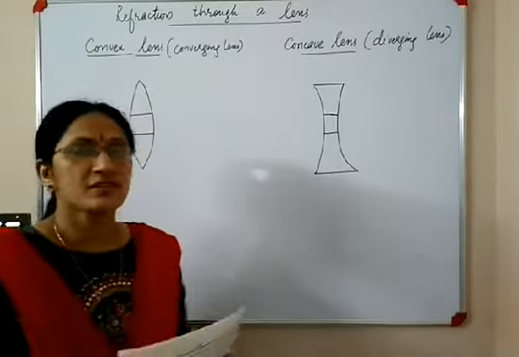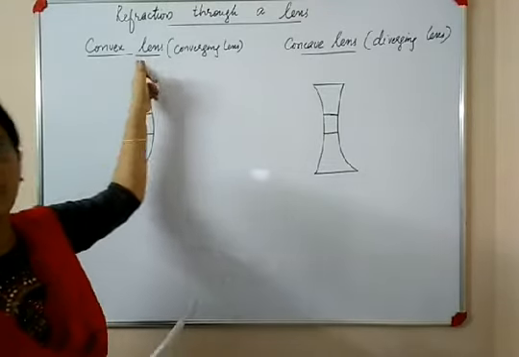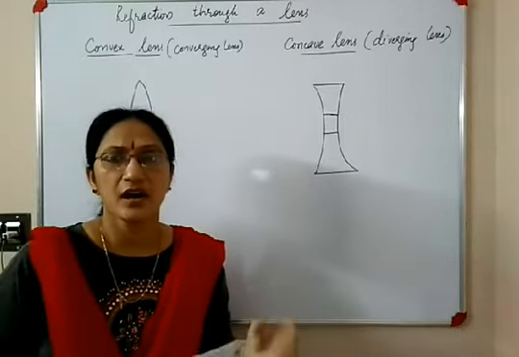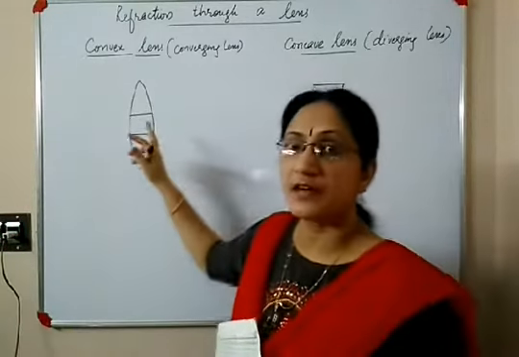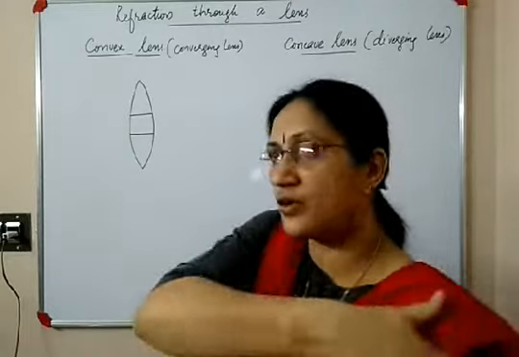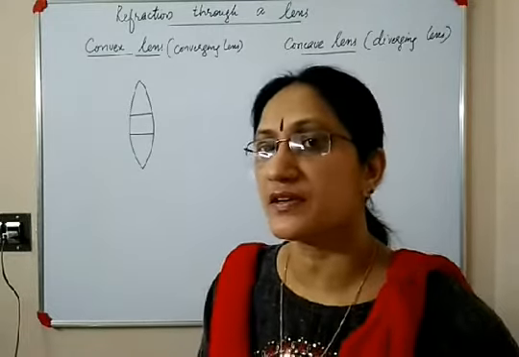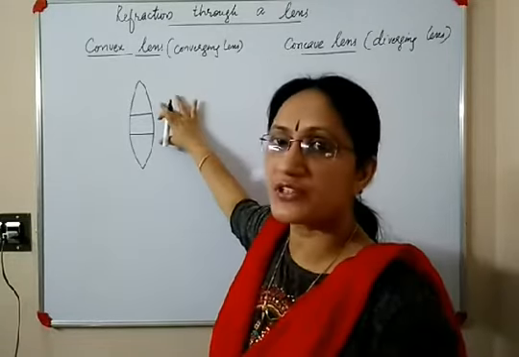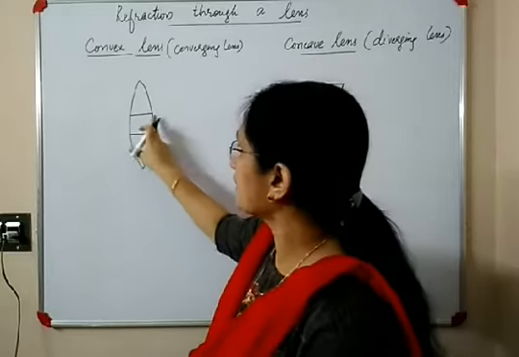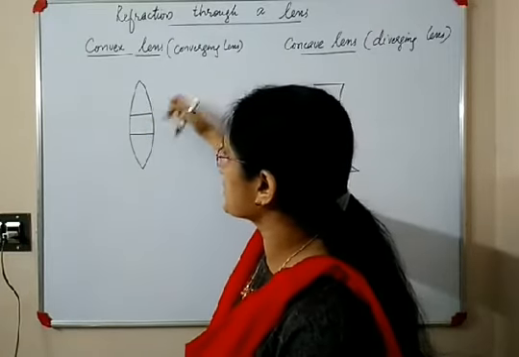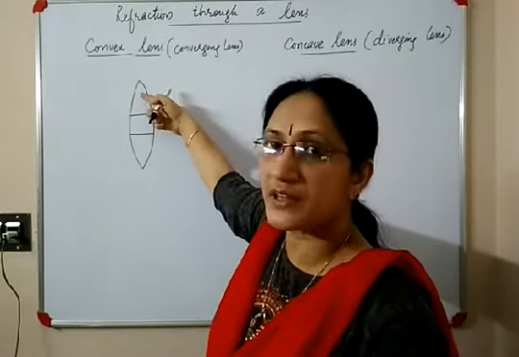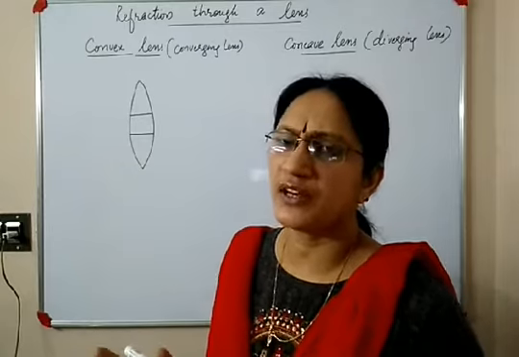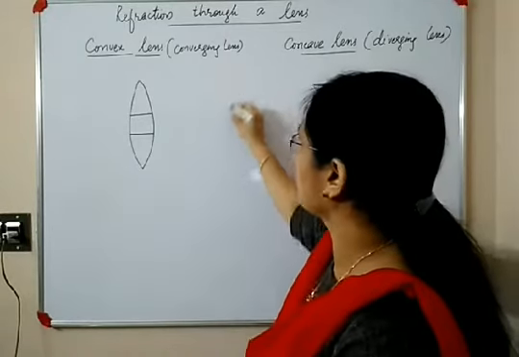Now let us see the reason for calling a convex lens a converging lens and a concave lens a diverging lens. Actually a lens is made of several prisms. A convex lens as well as a concave lens is a combination of several prisms. Look at this diagram. This diagram shows a convex lens. It has a glass block in the middle, and two prisms in the upper and lower portions. You have studied what happens when light passes through a prism.